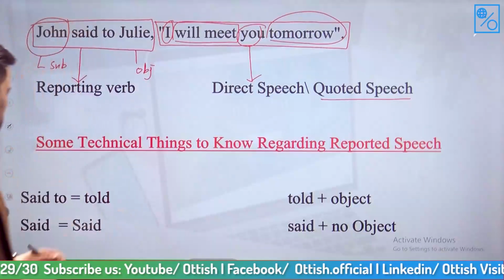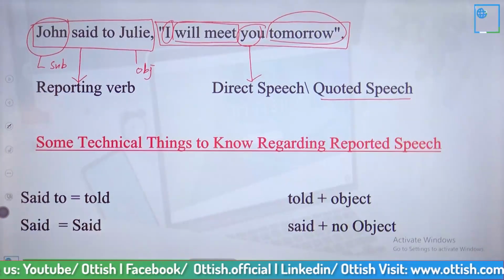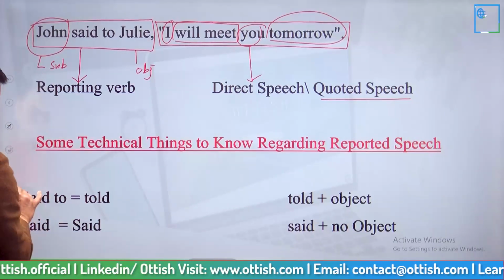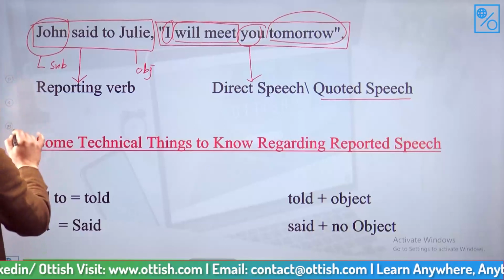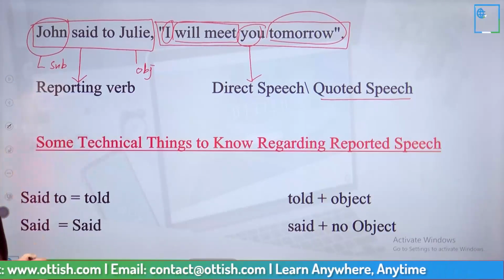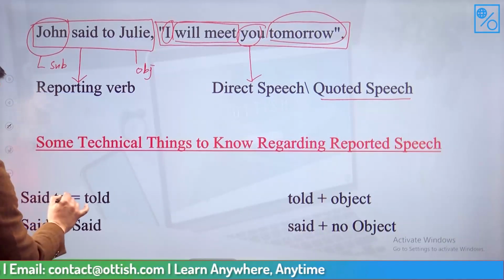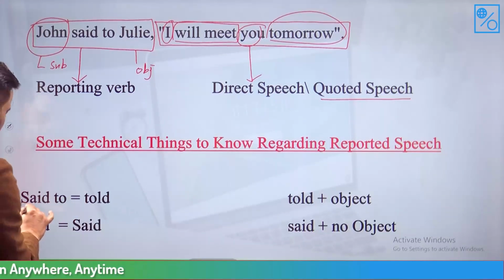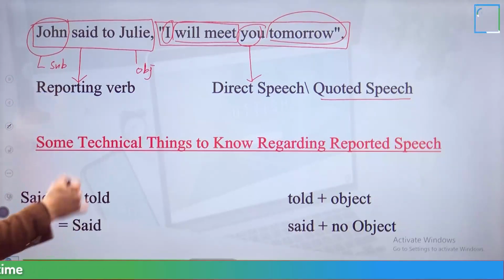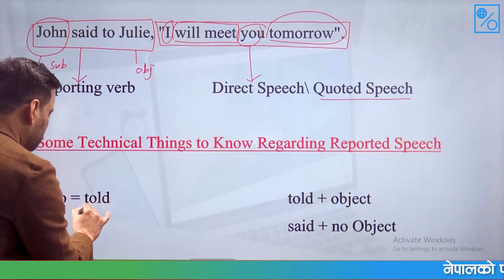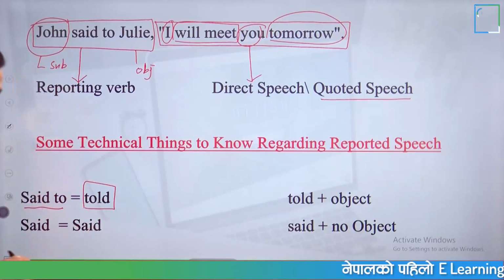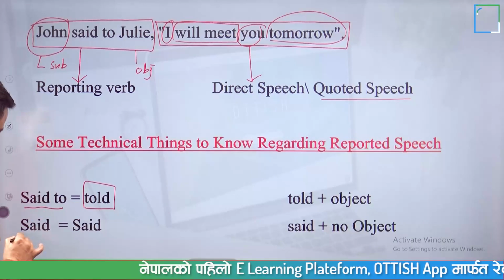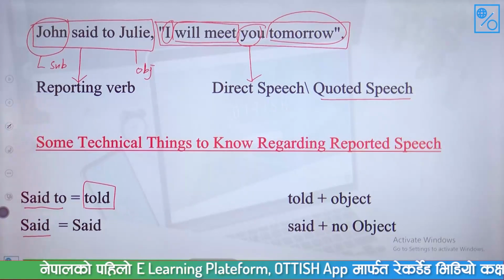Okay, you have to know that if your reporting verb has said to, तपाईको रिपोर्टिङ भर्बमा said to छ, if your reporting verb has said to, you have to change said to into what? Told. तपाईले said to लाई told मा लानु पर्ने हुन्छ. But if your reporting verb is just said, तपाईको reporting verb चाहिँ said मात्रै छ,